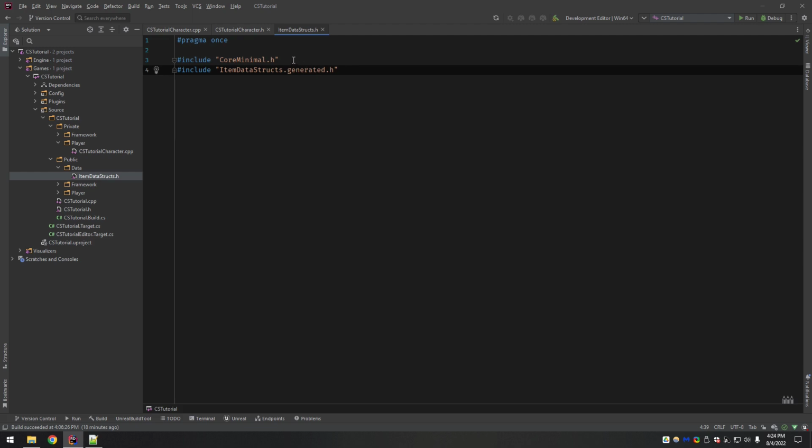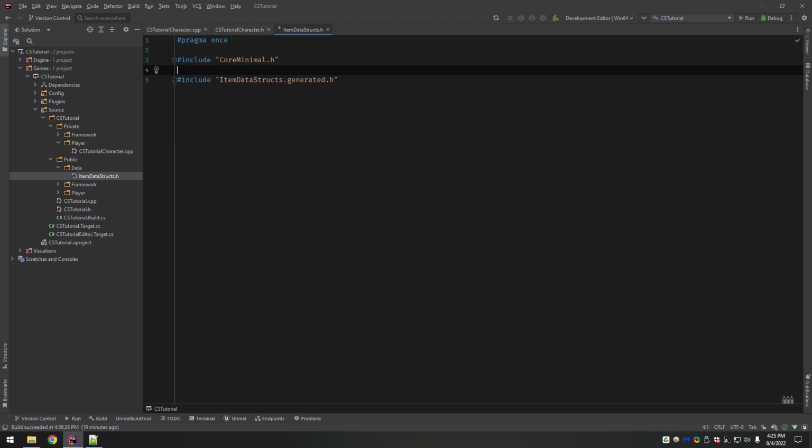When you compile, the Unreal header tool runs and generates all this other stuff in the background, and it puts it into this generated.h file. And so you always have to include that, and it has to be the last include, just for future reference.